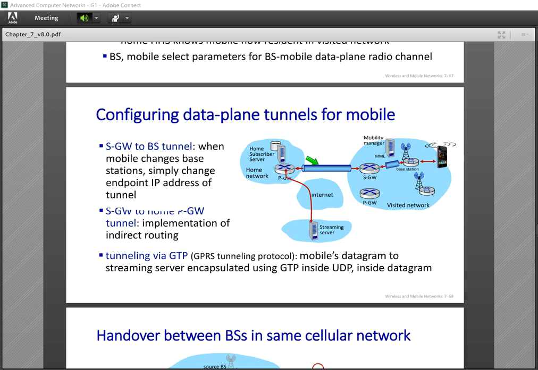Okay, for indirect routing. And when we talk about tunneling, we have GTP. GTP means GPRS tunneling protocol. It's a tunneling protocol. We can use it,